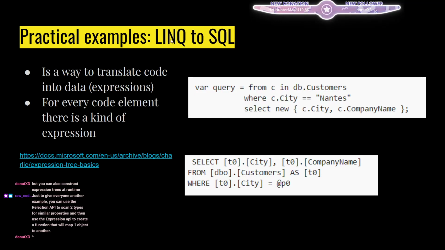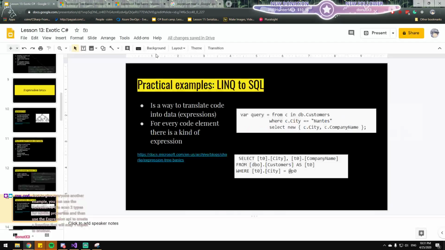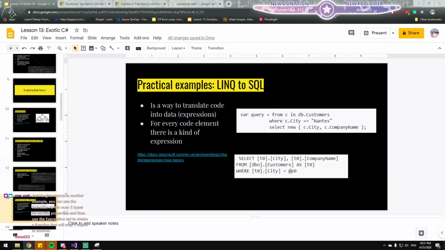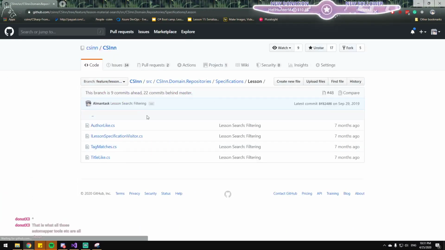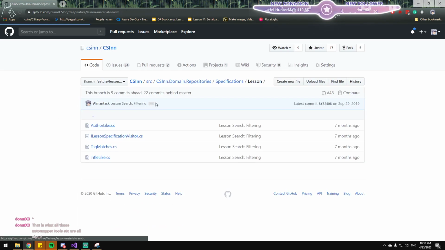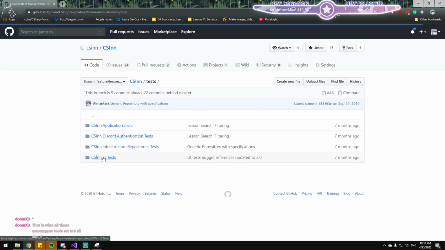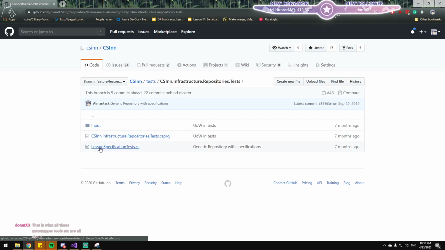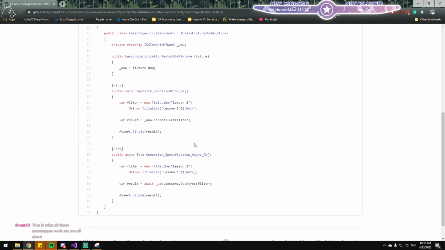Yeah, I also used the expression. I can show one more example if I can get it quickly. So here is another example. It's not the best example, but it's all right. Basically, if you want to create your own domain language, which has the end result that looks like this. Whoops. That looks like, whoa, that's UI tests, that's repository test. If you want the end result that looks like this, for example, if you want to be able to filter